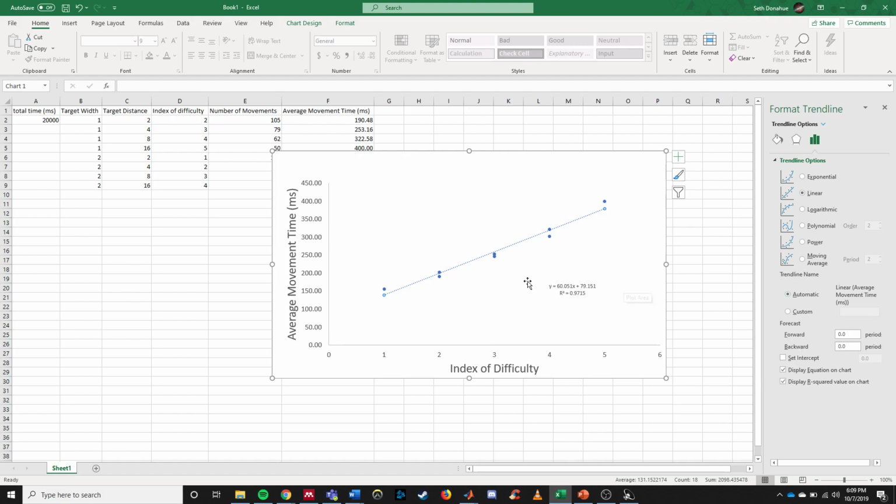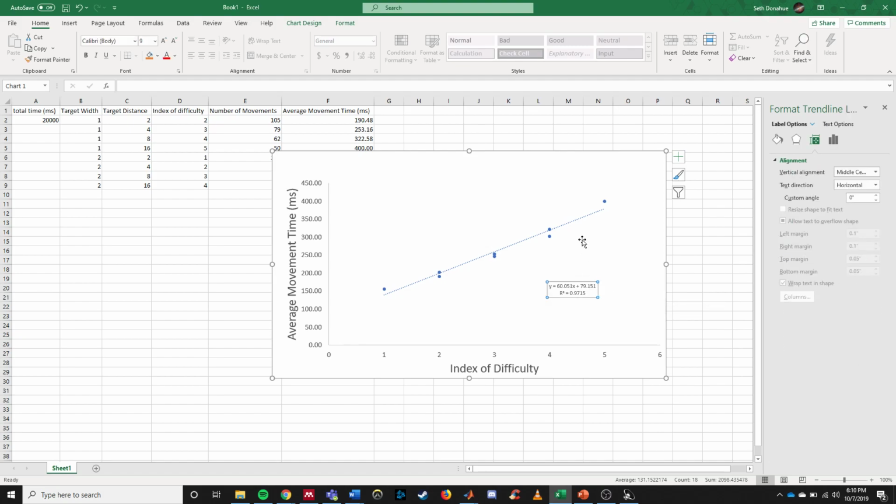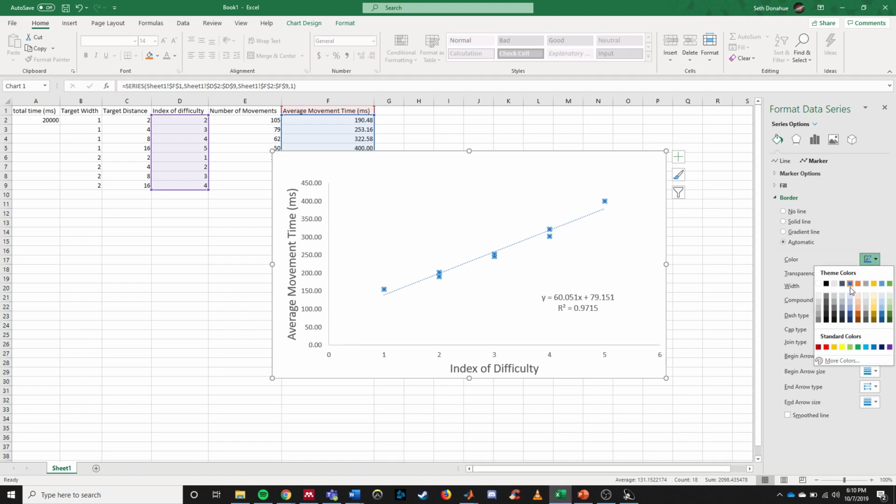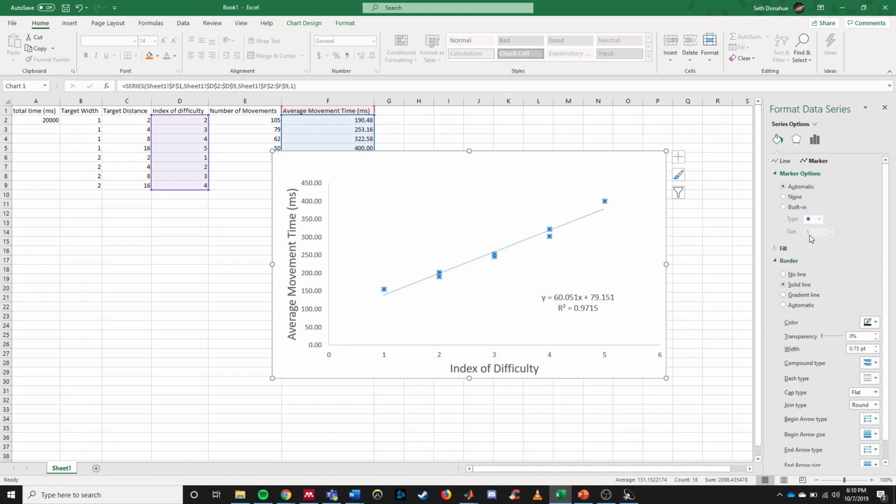So when you include these on your graph, you absolutely need to make sure that you explain what these values mean in your lab report. Okay, so now what I'm going to do is increase the size of these just a little bit, and then let's see, I'll come here, and then for the marker, the colors, so if I want to change the color, I could do that here, change it to black, or whoops, marker options, type,